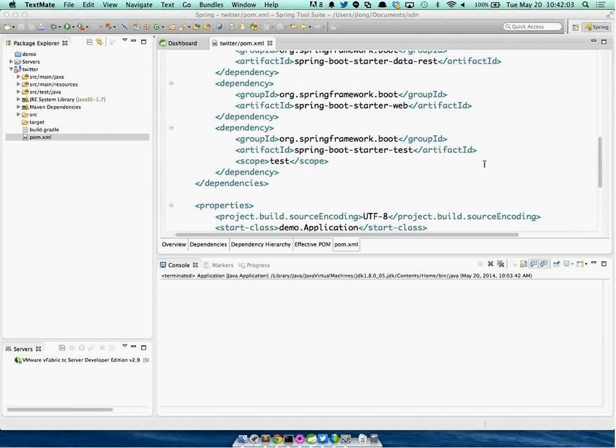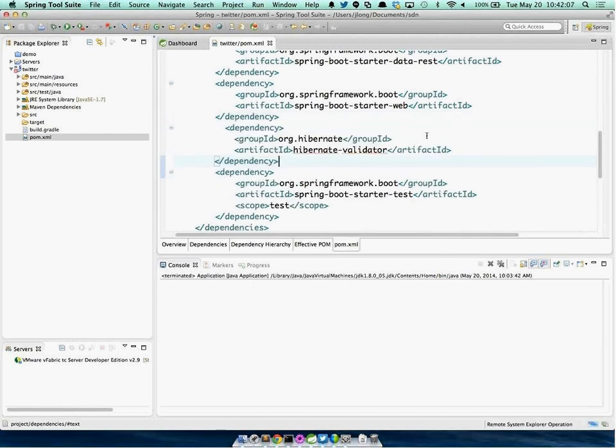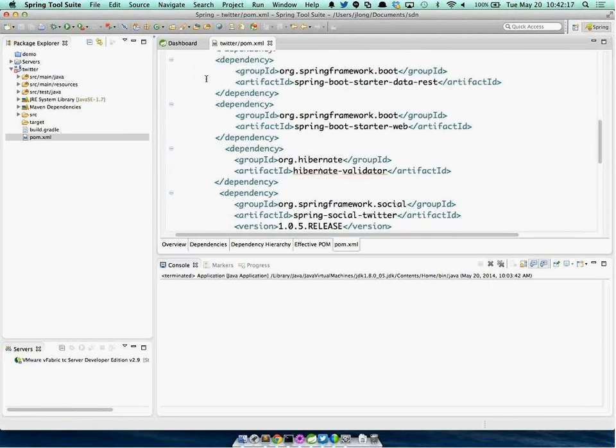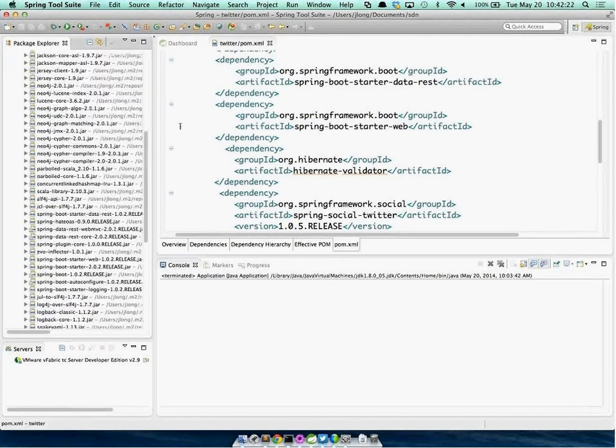We'll use Hibernate Validator because we'll know we need that as well. So I'll replace this. This is useful for annotating your domain model with validation. And then we'll import the Spring Social Twitter module, right? So again, we're just bringing in a few libraries here. And then with that in place, Maven dependencies,